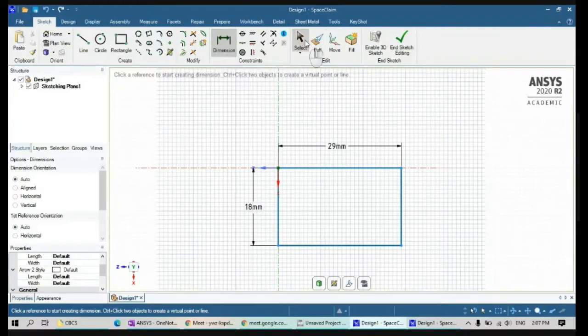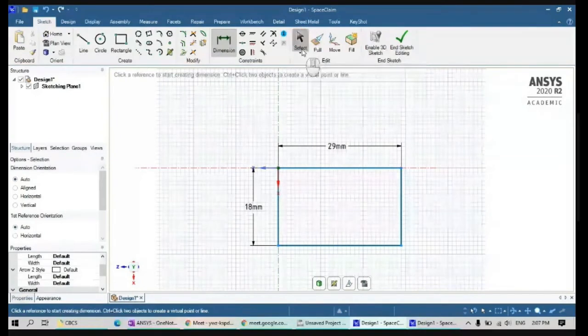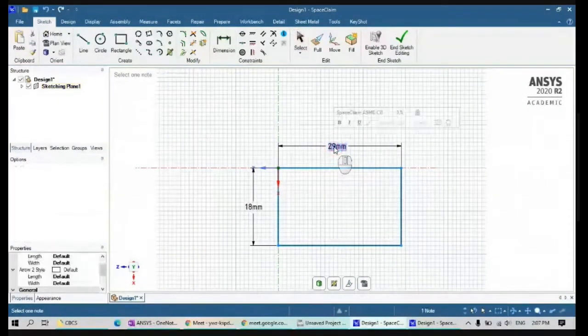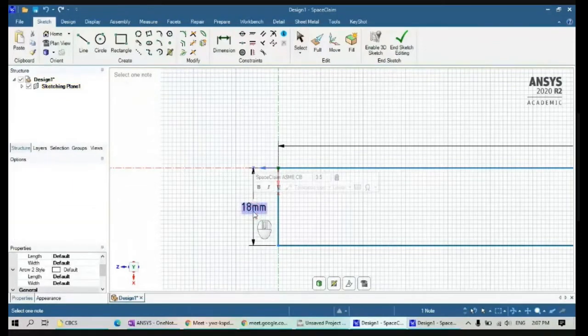Just click select. Don't stay in dimension now. Just click select. Now double click this particular value. I have to change it to 300. This one again, double click this and change it to 200.